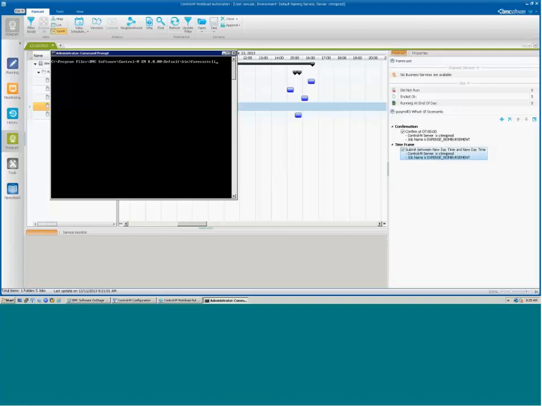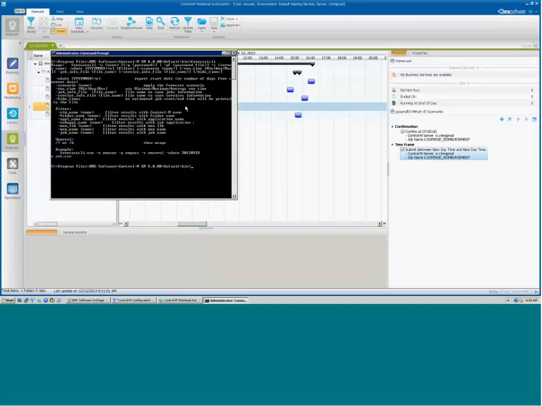Now, this utility is located under the default bin installation directory of your workload automation client. And over here I'm going to give you the usage syntax of the utility. So I'm typing Forecast CLI, which is the name of the binary, and I will hit enter. And as you can see, it gives you various parameters that you would have to put in. Namely, you'd need a -u for the user, -p for the password or a password file, and various filter criteria